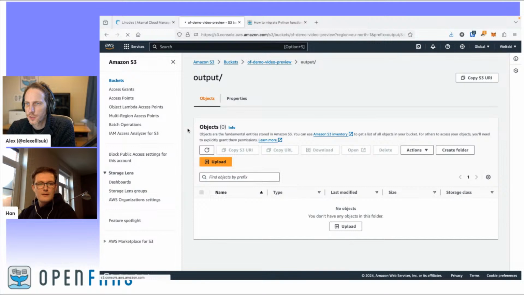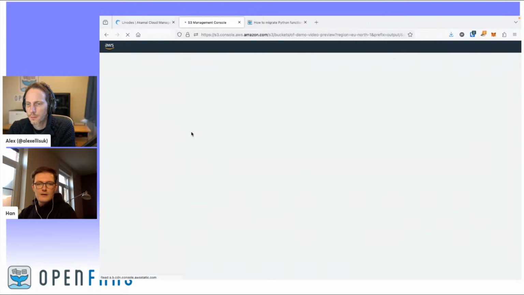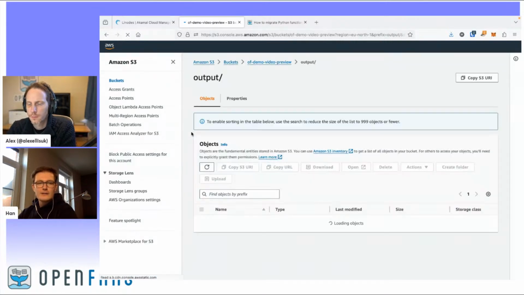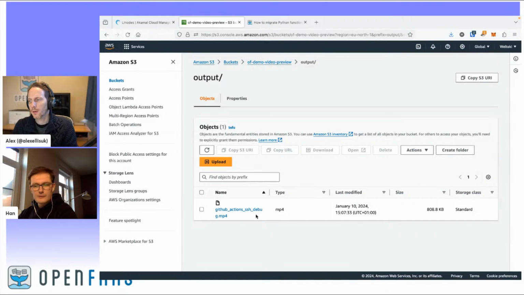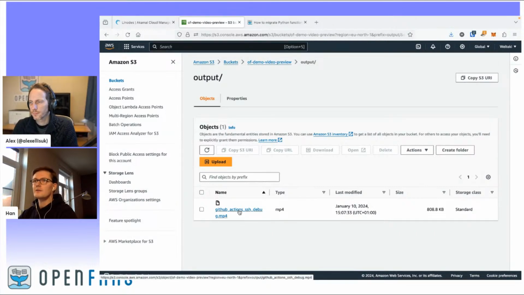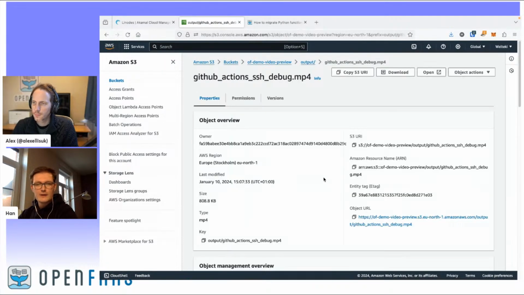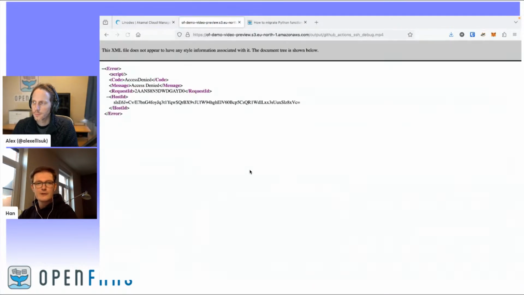Okay. How long does it generally take on here? It depends on the length of the video. As you can see, this time it was a pretty short video, so the Lambda function is quite quick. And as we can see, if we open the URL,